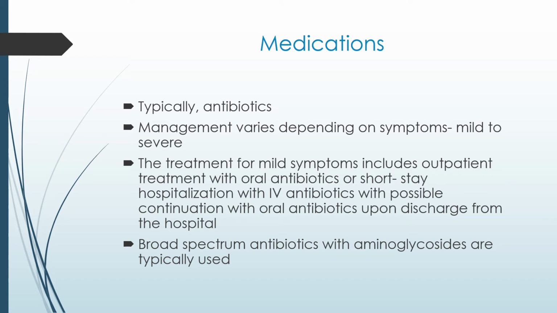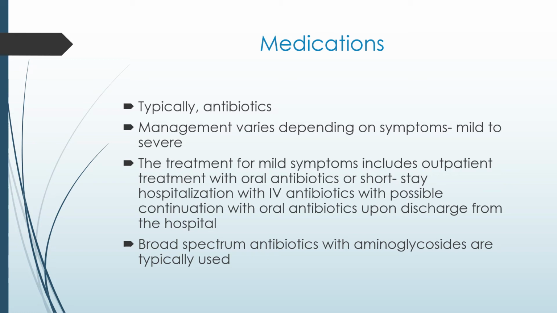hospital. So this means that if somebody has a comorbidity, they have chronic kidney disease, they have diabetes, they have hypertension, we may put them in hospital just overnight for a short stay, 1 day, 2 days. We're going to start them on IV antibiotics. We're going to start hydrating them with IV fluids. And then once they are in the recovery phase, and we can trust that they're going to go home and do what they're supposed to do, then we will discharge them home with an oral antibiotic and tell them